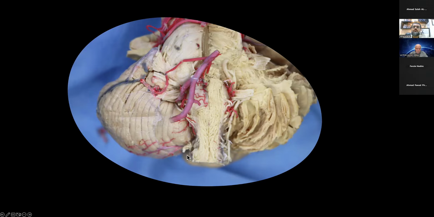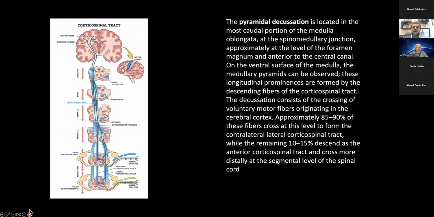So here we have the decussation, and I want to show you this in another slide. Dissection is really, really beautiful to observe, to dissect this